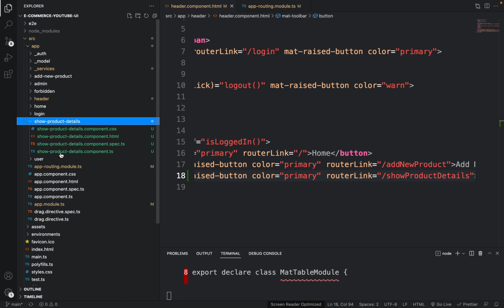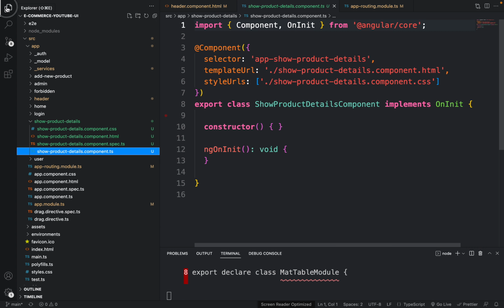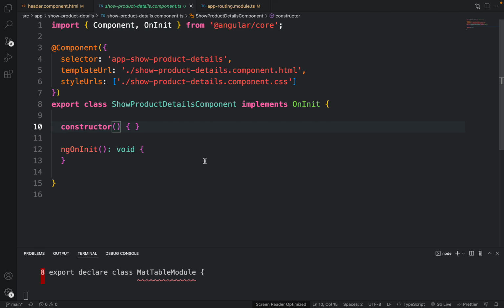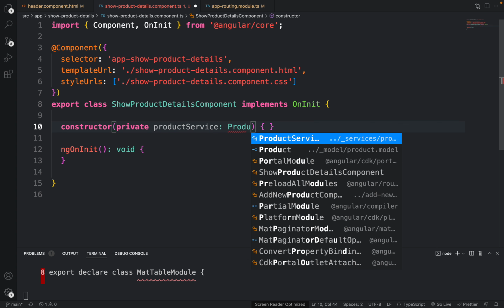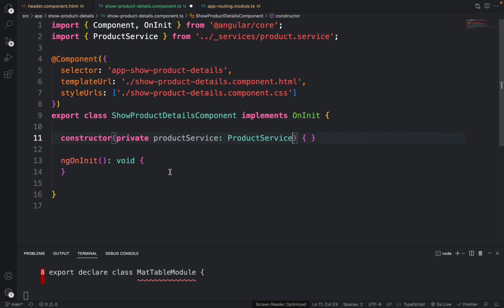Inside the show product detail component, the first thing that we have to do is inject our product service. So let me just use private productService, and then ProductService, like this. And then let me just create one more function over here, that is public getAllProducts,